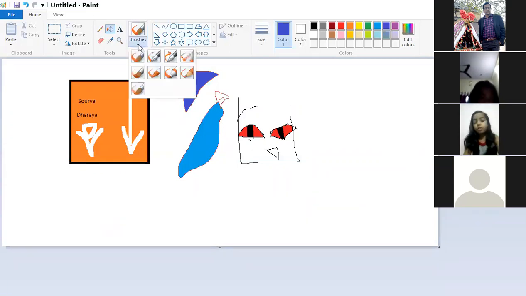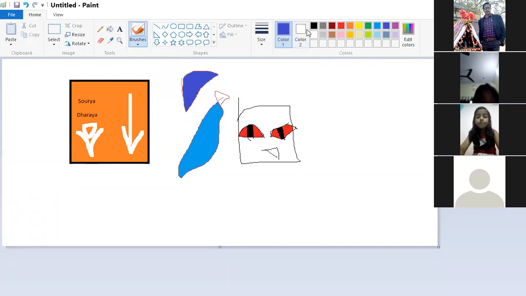Now brush, when you see, it's like you are putting some kind of brush in your drawing. If you want to put a brush, that is possible, and with the brush you can choose any color. Which color do you want to choose? This color. This is a big brush. I don't need this big brush, I want a smaller brush. Okay, so this is my smaller brush. You can see this is my smaller brush.